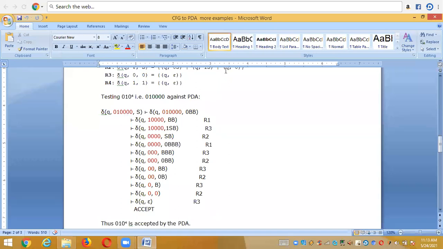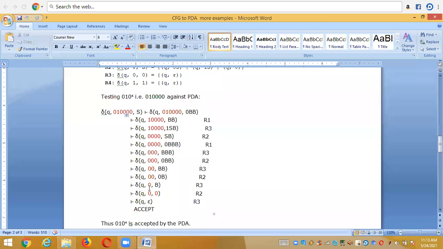And here I'm having another rule for B, that is from rule 2, I am choosing (q, 0). That means for (q, epsilon, B), I am choosing this (q, 0). I'm just substituting 0 in the place of this B. So by applying rule 3, this 0 and this 0 get popped. And I'm having two zeros and two Bs. Again, I'm applying rule 2. In rule 2, I'm choosing this rule, (q, 0). In the place of this B, I'm substituting 0. Now, by applying rule 3, this 0 and this 0 get popped.